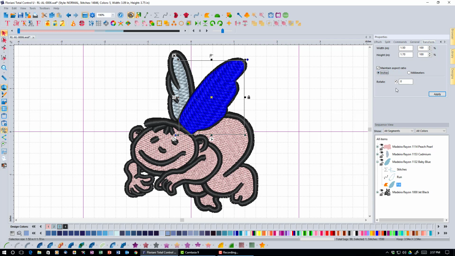I could also rotate this design by a certain amount by putting a value in here. So that would allow me to rotate it. But that's what the properties box is all about. Now, one thing to understand about the properties box is if I go back to the fill tab here, and